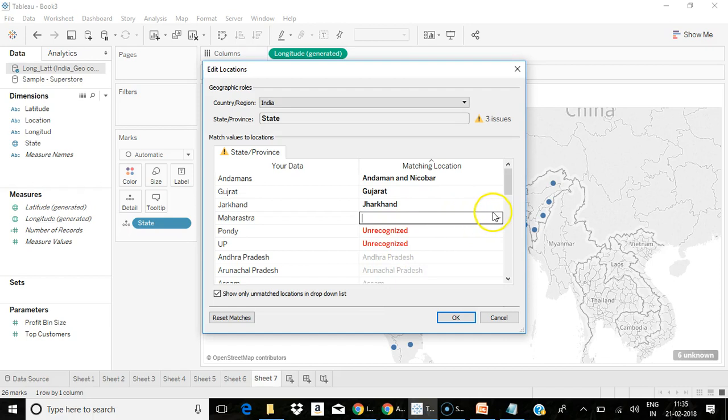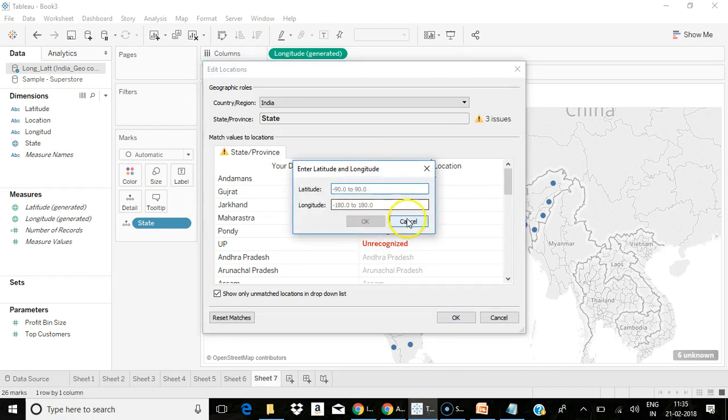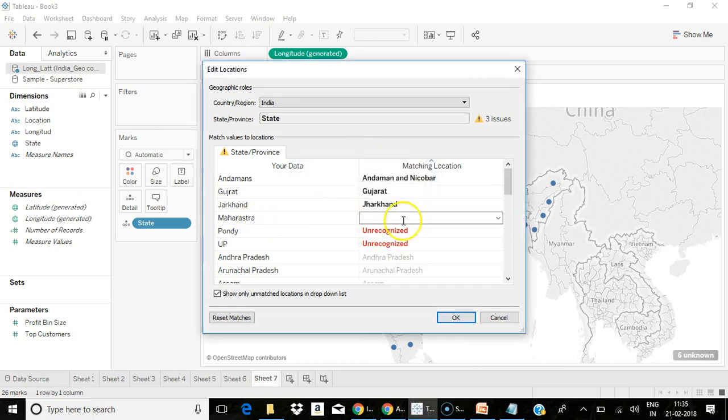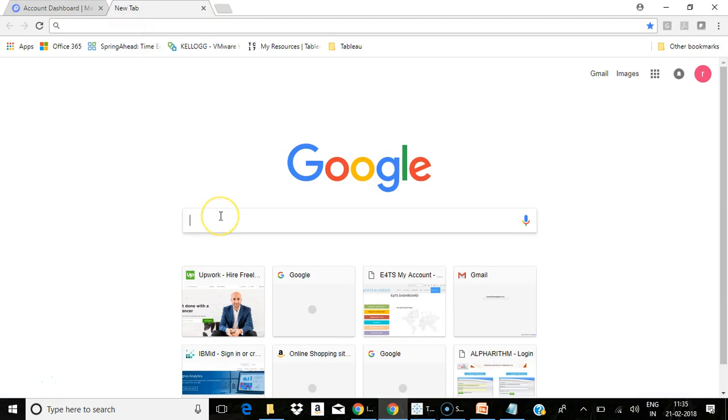And the third method: if it is unambiguous, that is, the particular state or geographical area is not present in Tableau, you will not be able to find it from your drop down either. In that case, you can manually enter your latitudes and longitudes. For example, for Maharashtra, let me go here and Google the lat long for Maharashtra.